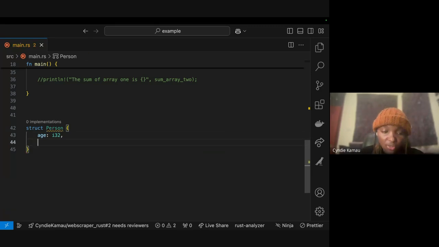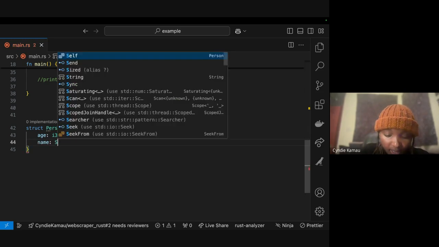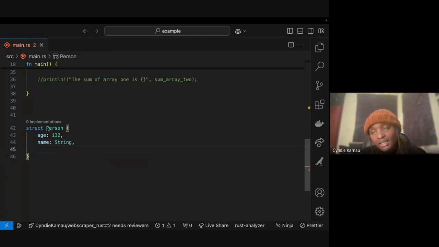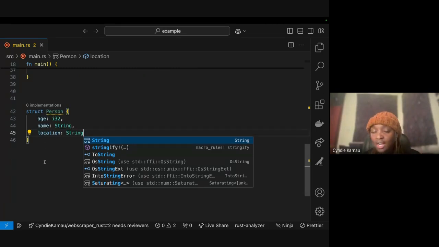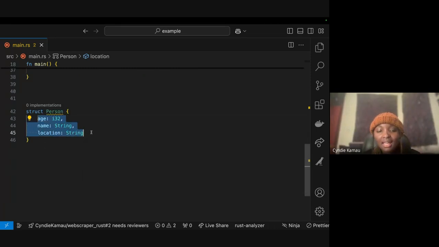Oh no, that's age. I need your name in a string format. I need your location. This is why we are using a struct. A struct is like a placeholder, a data structure which can hold as much related information as you want, and you are going to use these things together.